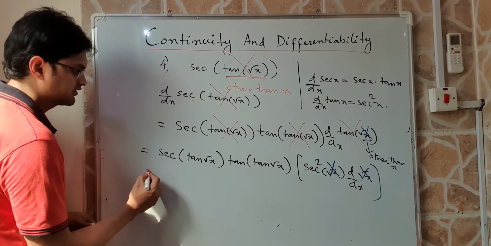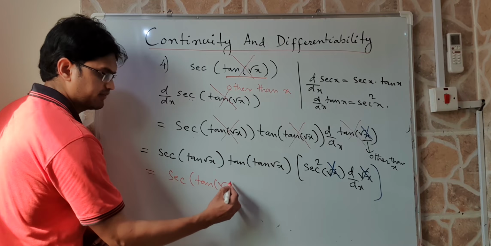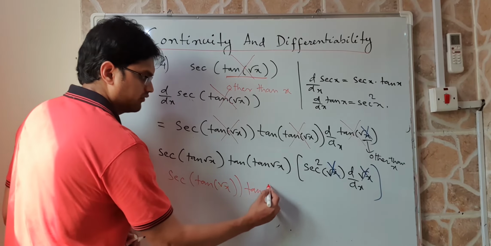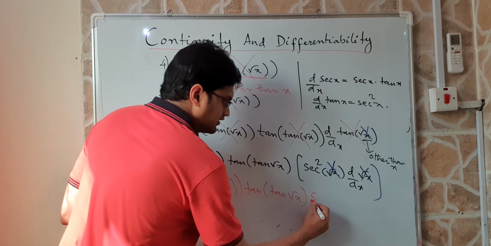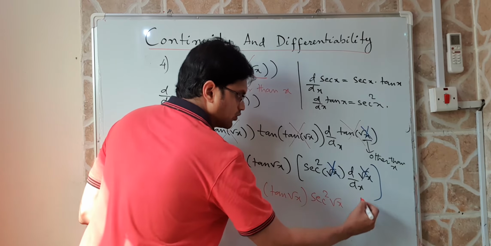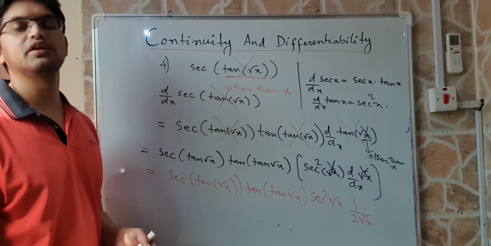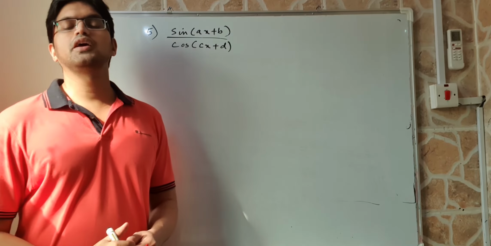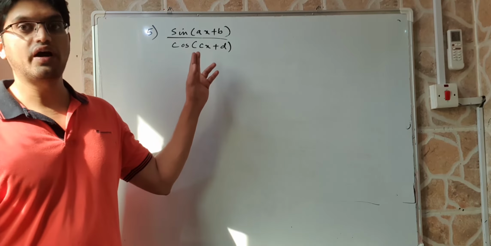So what is the answer? Secant of tan root x, tan of tan root x, into sec square root x, into derivative of root x, which is 1 by 2 root x. That completes our answer. Let me explain one more question, that is to find the derivative of